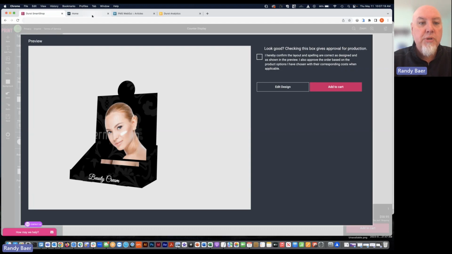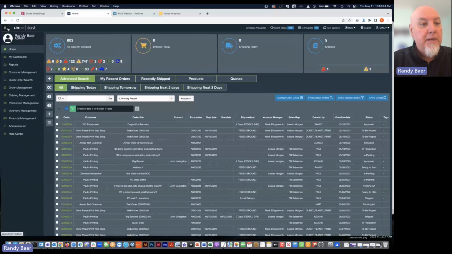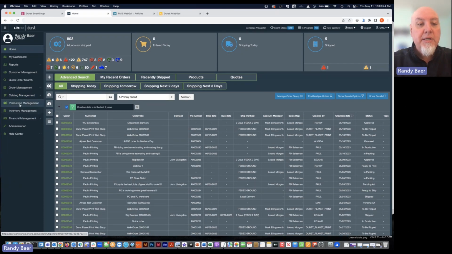We also have shown Lift ERP, and Lift ERP can manage your entire printing business. It handles everything that you could possibly need, from customer management, order management, and you know exactly where all your orders are at any given time in a printing facility. You can set up catalogs, pricing, proofing, costing, scheduling, inventory, basically anything you can think of that you would need to run your printing business. Lift has you covered. And we'll get a little bit more into Lift today here in just one moment.